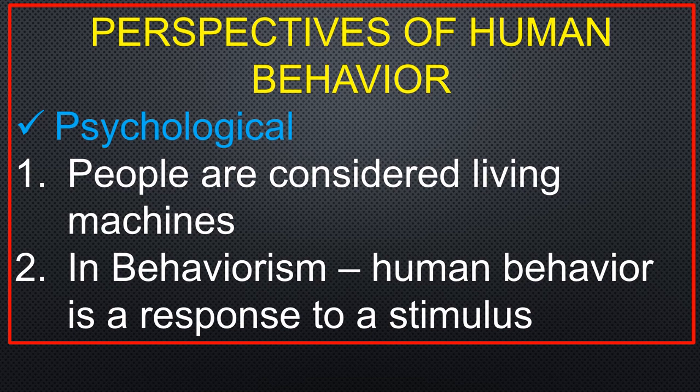Another perspective of human behavior, as we have mentioned a while back, is the psychological. From the word psychological, it emanates from the processing of our mind. Psychologists believe, in the psychological perspective of human behavior, that people are just like living machines. After receiving information with our five senses or six senses, after absorbing information, somehow we are just like a machine that our mind will process it. It will rationalize it, it will think, it will consider, weighing something before doing something.